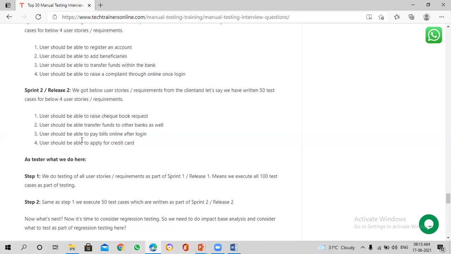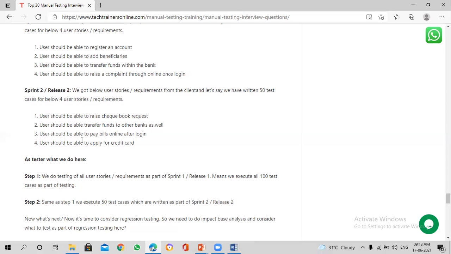Every user will register, add beneficiaries, transfer funds, raise a complaint, raise a checkbook request, do funds transfer to other banks, pay bills, credit card bills or whatever bills, and then apply for a credit card. These are the core of the system, so we try to automate everything. When I say everything, all features, the core of the system, we try to automate them.